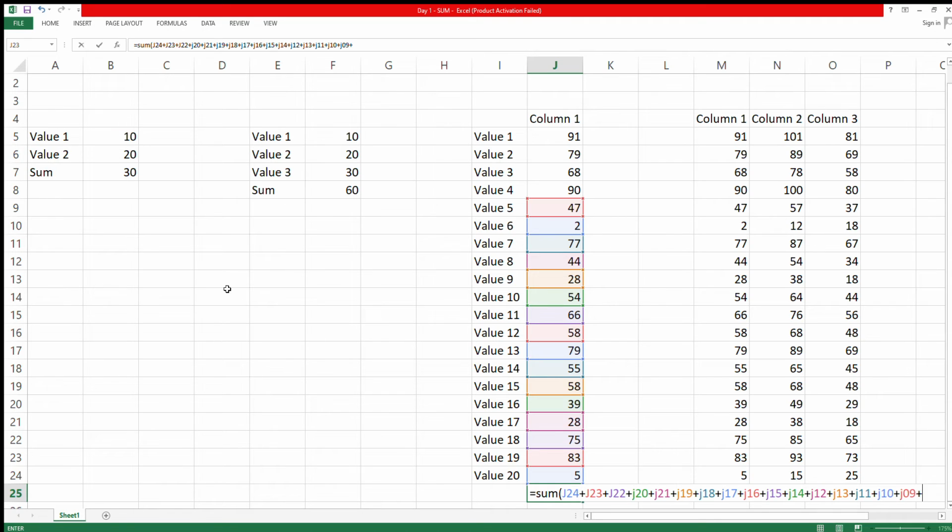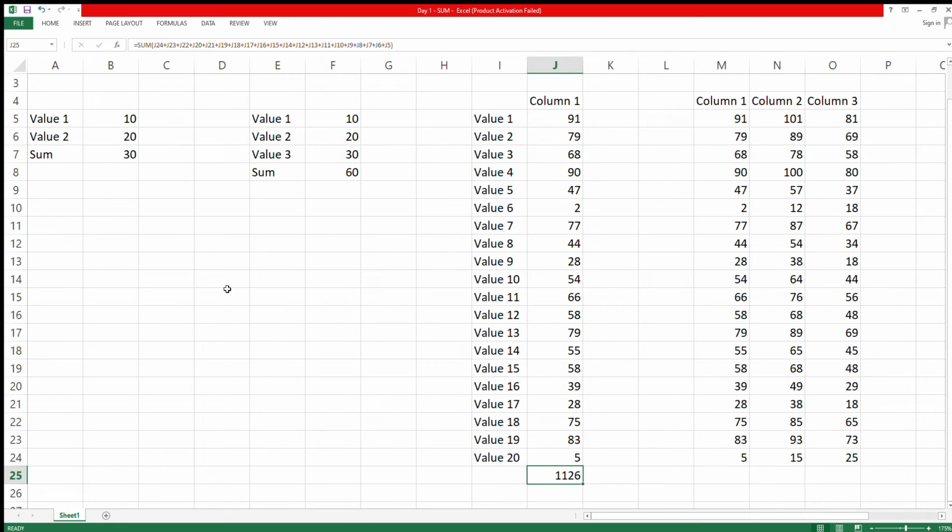So this is the sum of this list of 20 values. The easy way to do that is using a formula called sum.